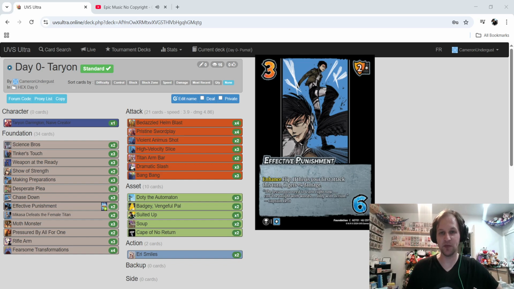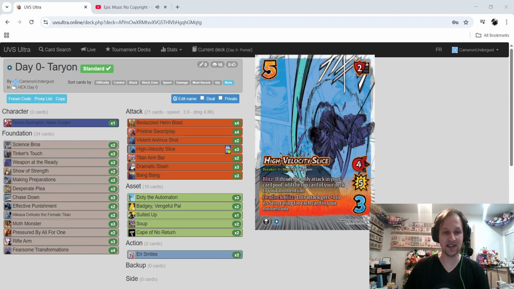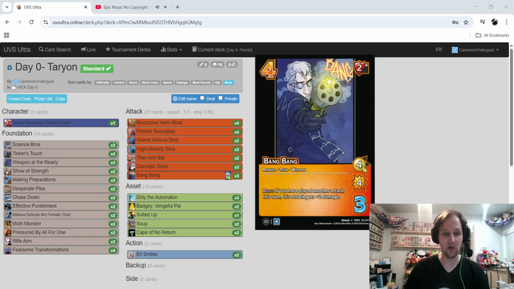We have Effective Punishment, a 3/6 with a 2 mid block. Enhance flip. If this is our first attack this turn, it gets +4 damage. So imagine giving 4 damage by flipping this and then committing Doty for 4 speed. That's a pretty good rate to give your first attack, especially if it's something that has stun, like a high velocity slice, or a